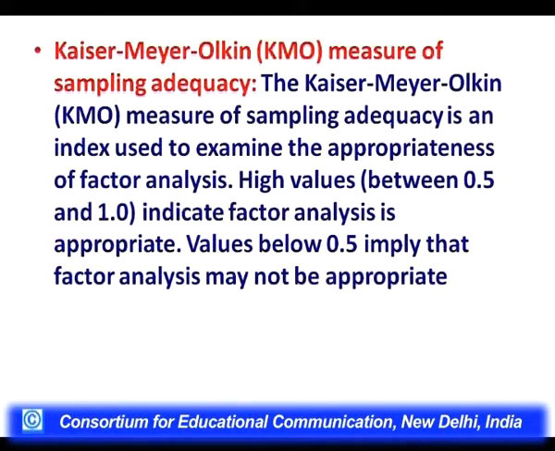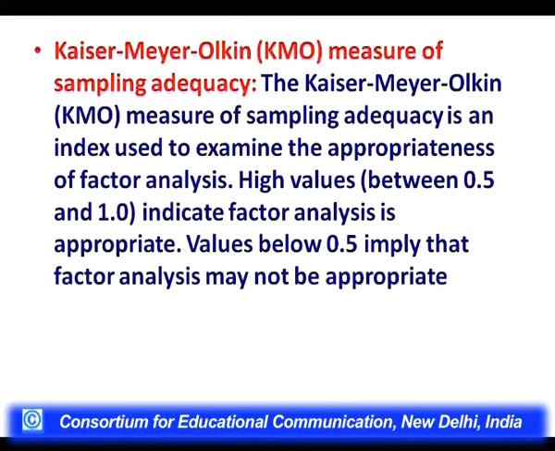Then there is the term KMO, Kaiser-Meyer-Olkin, measure of sampling adequacy. We want to know whether our sample is adequate or not to carry out factor analysis, and then the KMO statistic is calculated using SPSS. The Kaiser-Meyer-Olkin KMO measure of sampling adequacy is an index used to examine the appropriateness of